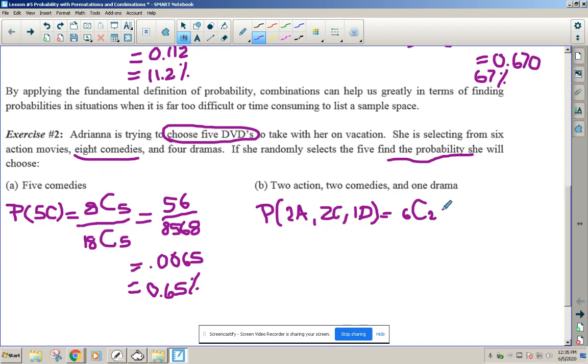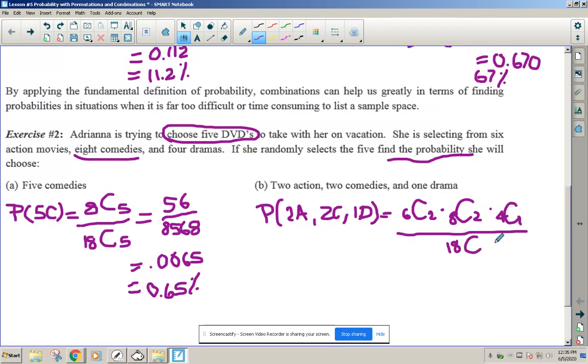Get a number. We're going to multiply that by, from the 8 comedies, she's going to choose 2. Type that in. Now the 2 answers you get multiply. And then from the 4 dramas, she's going to choose 1. Type that in, and now multiply those 3 answers together. That's what you want. And what we have is still the 18,